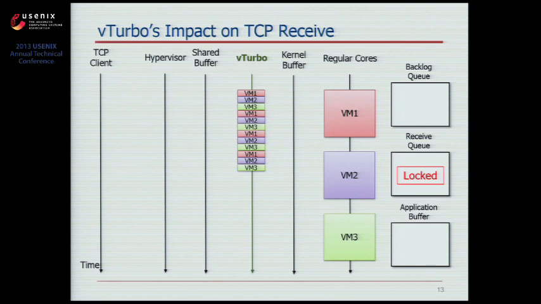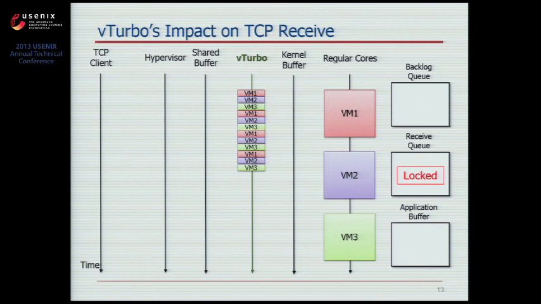for TCP. This is the interesting thing. For TCP, when the TCP server process calls the receive system call, it will lock the socket. So all incoming packets can only be buffered in the backlog queue instead of the locked receive queue. And the default TCP stack will not generate ACKs for the packets in the backlog queue. And it has a high probability that when the regular CPU holding the application is not running, the application is still holding